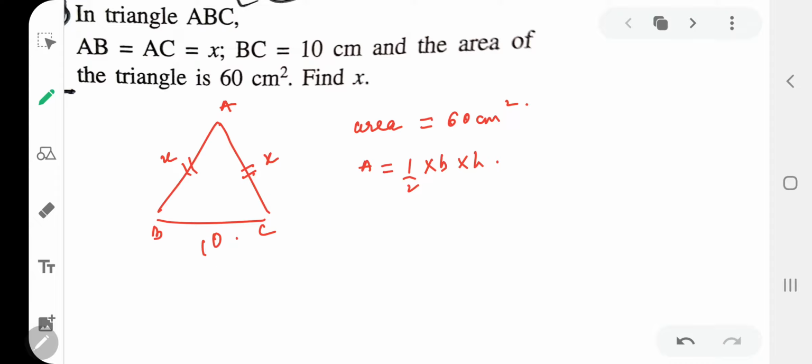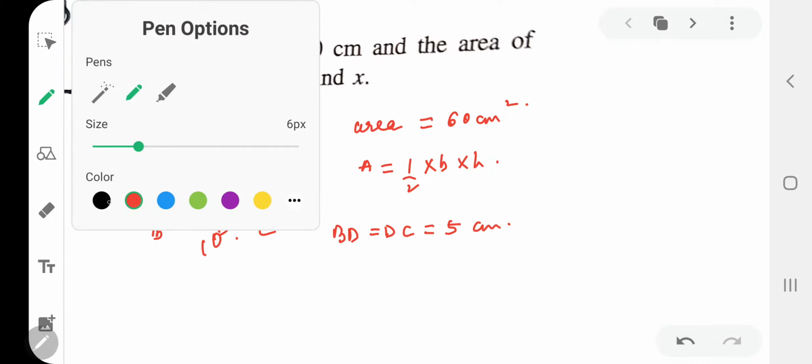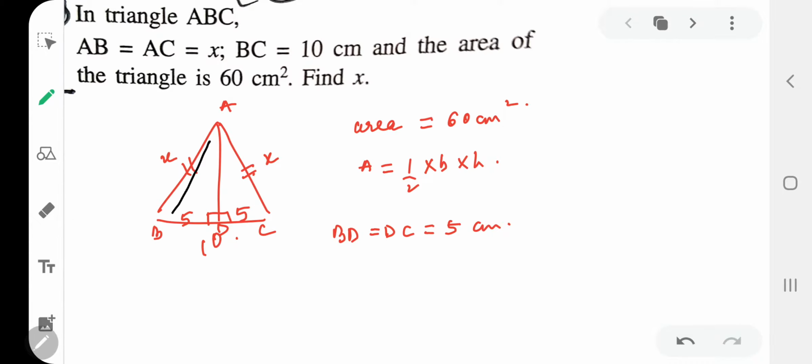So in that case, if I draw a perpendicular in an isosceles triangle like this, it will divide the base into two equal halves. If I put this as D, then BD is equal to DC is equal to 5 centimeters. Clear? Okay, now in triangle